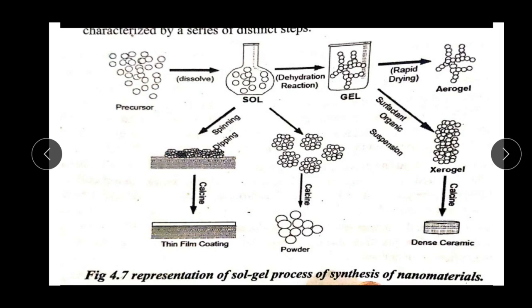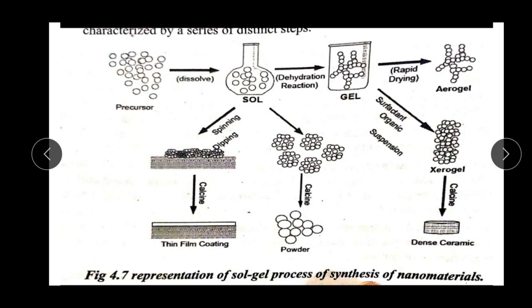The fourth step is drying of the gel, which is carried out when the water and other volatile liquids are removed from the gel network. This process is accompanied by fundamental changes in the structure of the gel. The drying process has itself been broken into four distinct steps: the constant rate period, the critical point, the first falling rate period, and the second falling rate period. And the fifth step is